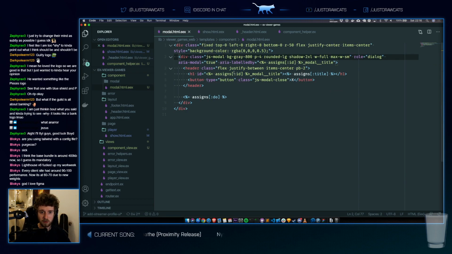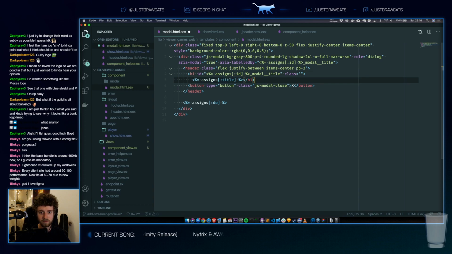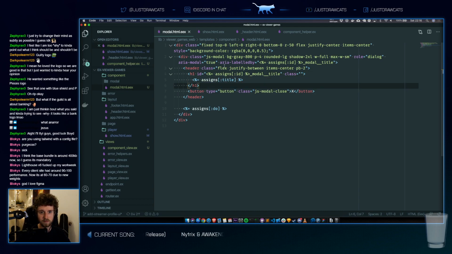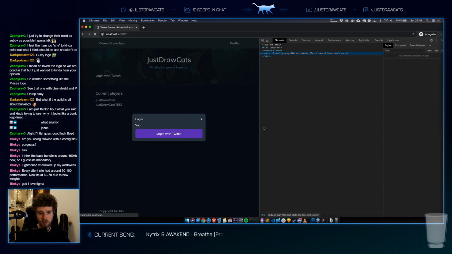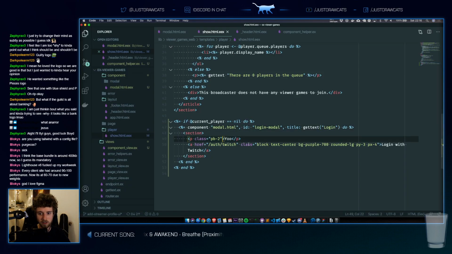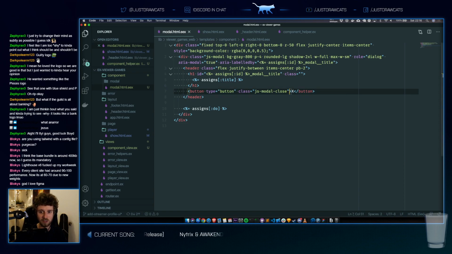Let's make this bold as well, because why the fuck not? Also, let's make sure this is translated. It's not really translated, but more so translatable.